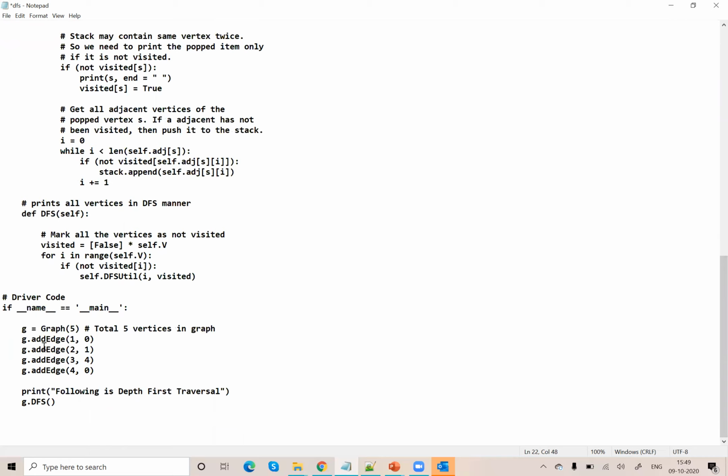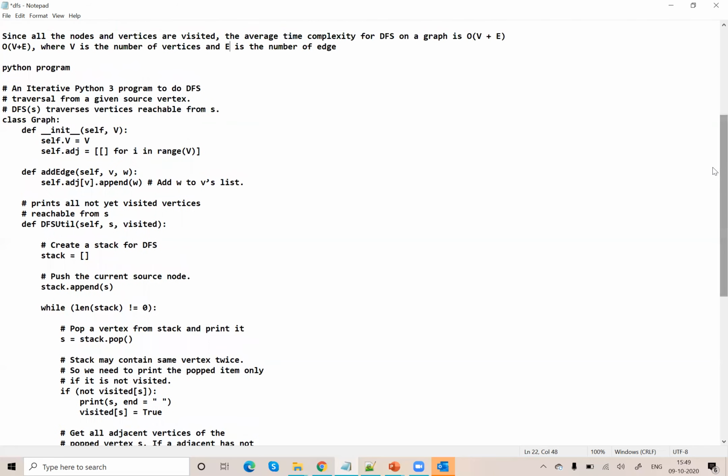So here we are calling the function called add_edge. g is the graph, so g.add_edge of 1 comma 0. Let us see what is happening in the definition of add_edge. Moving on to the definition of add_edge of self, v comma w.